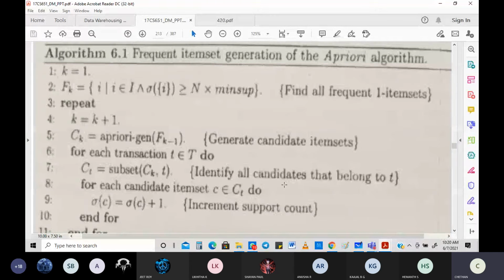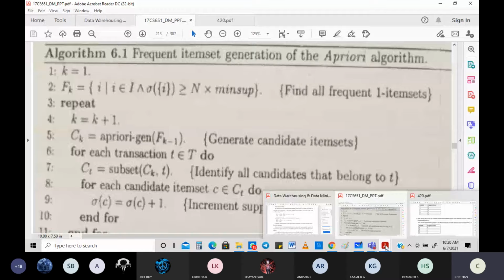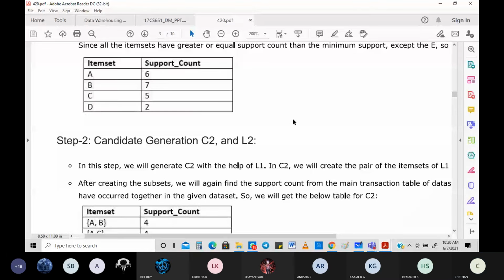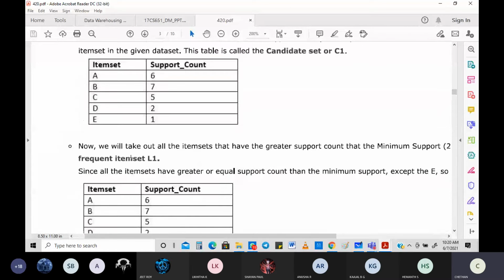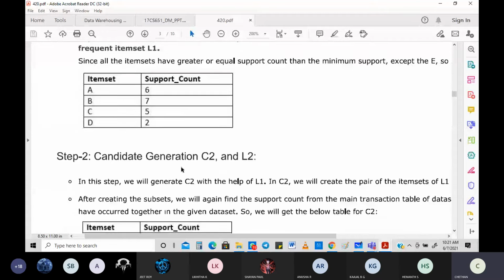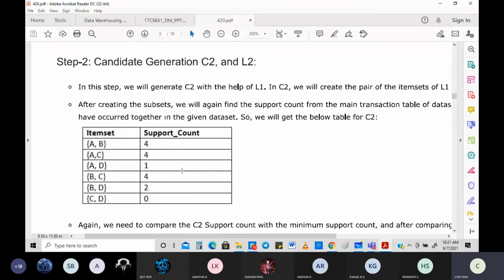So you can see once again, we got your C1 and L1. The next thing we need to go to is C2 and L2. What is C2 L2? Taking 2 items at a time. There's no need for me to take E. Wherever I have E, I will forget it. How many are there? 1, 2, 3, 4. When you take 2 at a time, how many combinations do you get? 4C2 is what I say. What is 4C2? 4C2 is nothing but 6. You got your 6 item sets here.